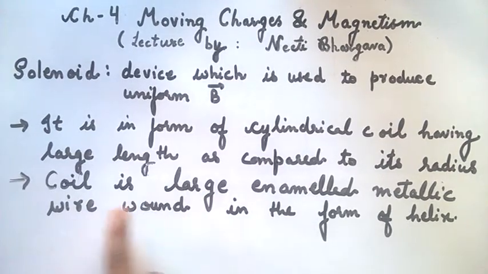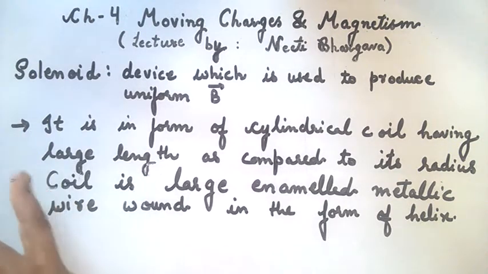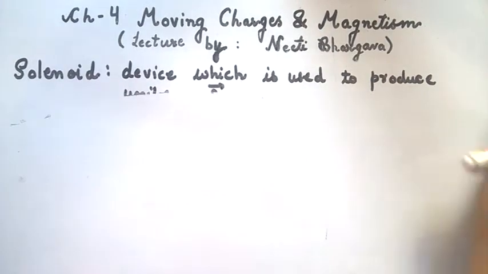Now, if we wind this coil made of metallic wire on a soft iron core, then it will make an electromagnet which gives the required magnetic field, and which gives us a temporary magnetic field. And if we wind the coil on a steel rod, then it will make a permanent magnet. That kind of solenoid is known as a permanent magnet. Now let's see how a solenoid looks and what kind of magnetic pattern it forms when it is connected with a battery.